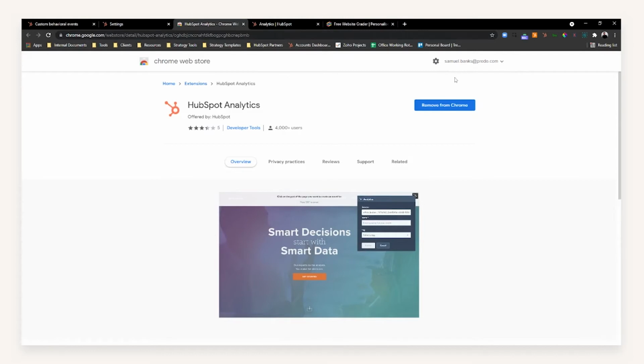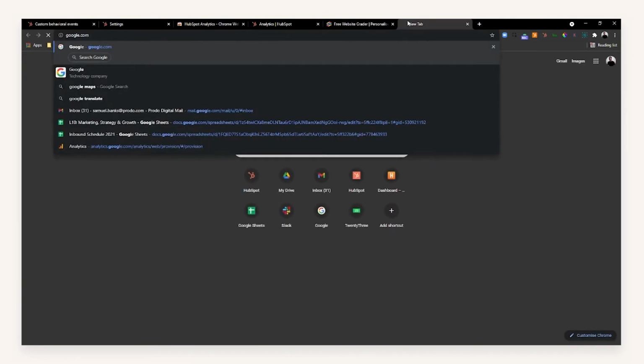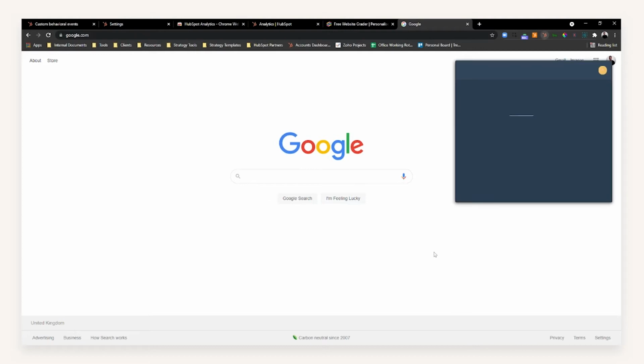where you can then just add it to Chrome. You'll know it's been successfully installed because at the top, you will see a HubSpot sprocket, not to be confused with the sales add-on, but you'll see a normal sprocket, and if you hover over it, it will say the analytics extension. Now, the way this extension works is if you go on a website that isn't your own, such as Google, and you click this, you'll see that it works off the tracking script. So if your HubSpot tracking script isn't on the page you're looking at, you won't be able to create a